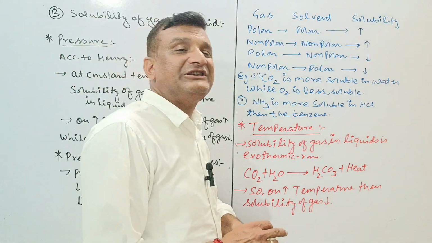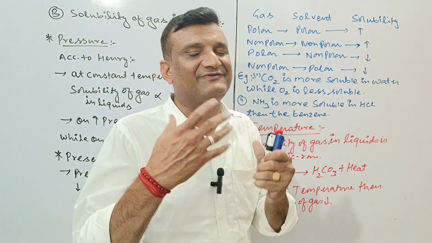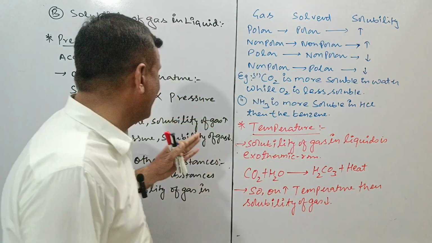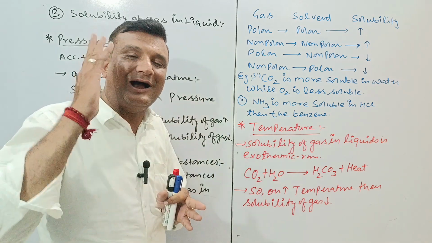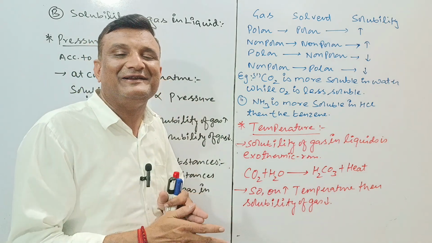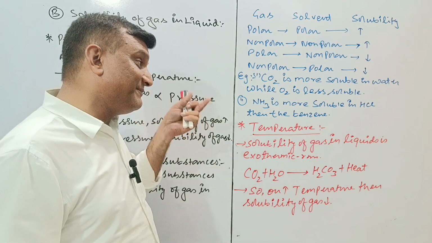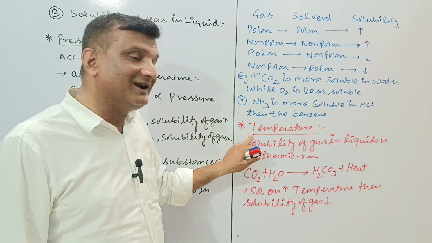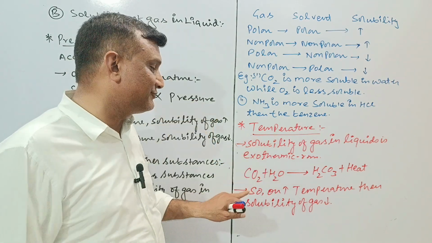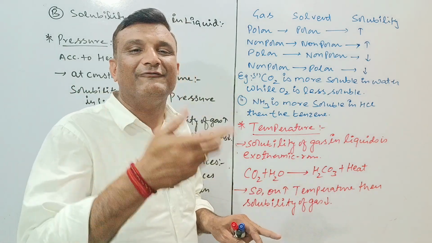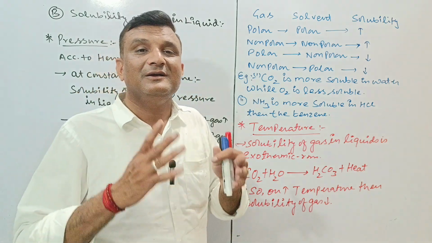So, dear doctors and engineers of the near future, मैं विजय कुमार सोनी आपसे फिर मिलूंगा एक नेक्स्ट वीडियो में, हेनरी लॉ के रिगार्डिंग, व्हाट इज द मीन ऑफ हेनरी लॉ, हेनरी लॉ क्या होता है, कहाँ अप्लाई होगा, क्या क्या लिमिटेशंस हैं और क्या क्या एप्लीकेशंस हैं। जब अर्थ पे टेम्परेचर राइज होता है तो एक्वेटिक एनिमल्स माइग्रेट कर जाते हैं क्योंकि सॉल्युबिलिटी ऑफ गैस O2 इन वाटर डिक्रीजेस। ऐसा कुछ और कंसेप्चुअल क्वेश्चंस भी लेके आऊंगा।